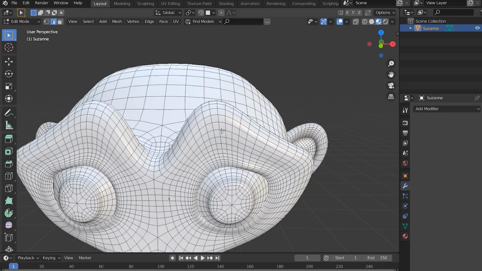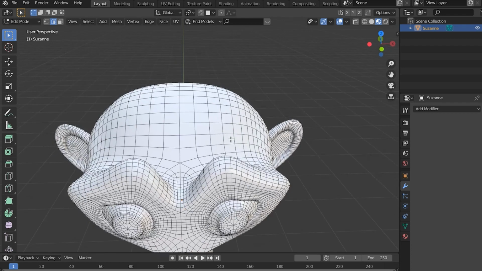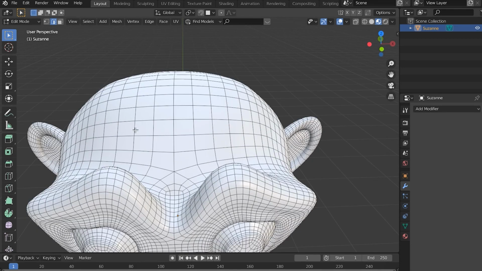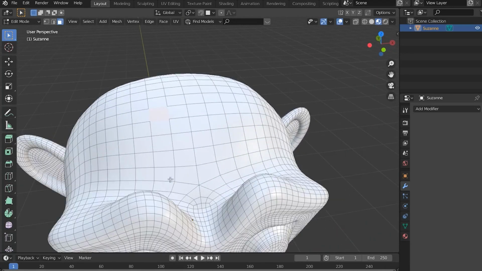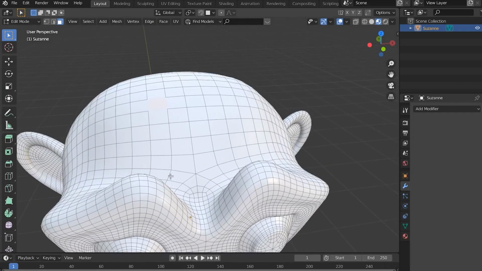Now let's talk about some things that are specific to edit mode. If you want to switch between points, edges, and faces, which are these three buttons right here at top, it's very easy. 1 will do points, 2 will do edges, and 3 will do faces. This is one of the most helpful tools. If you learn nothing else, 1, 2, and 3 are extremely important to learn because it saves you so much time from having to constantly go up here and click when you want to switch between edges, points, and faces.